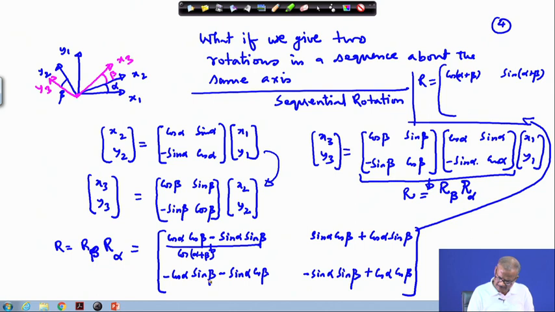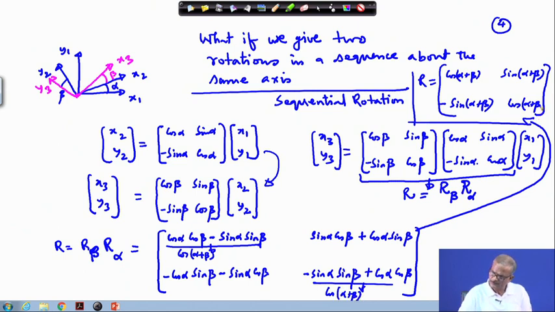So, this is cos alpha sin beta plus sin alpha cos beta, with minus sin alpha plus beta, and here this one, this is cos alpha cos beta minus sin alpha sin beta. So, this is cos alpha plus beta. Okay. So, this one is your cos alpha plus beta, this one is your minus sin alpha plus beta, and this one is